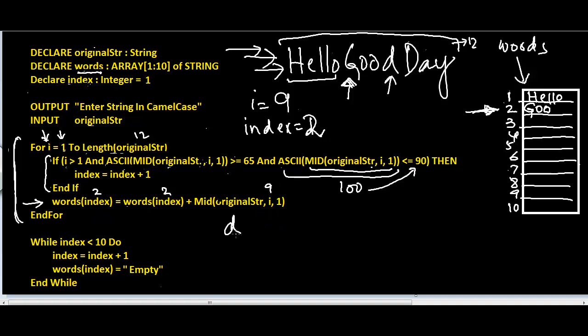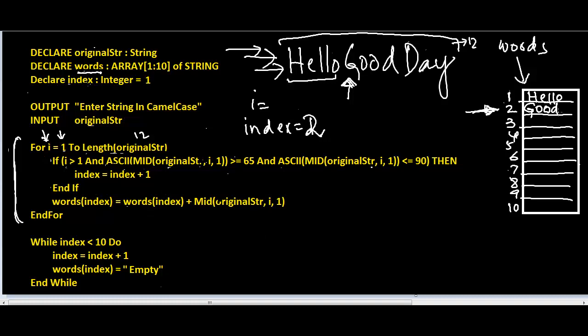So this is going to return lowercase d to us plus whatever is already in words of 2, and what is already in words of 2 is GOO, right? So these two are now going to be joined together, and the result is going to be saved in words of 2. So what is now going to be saved in words of 2 is the word good,